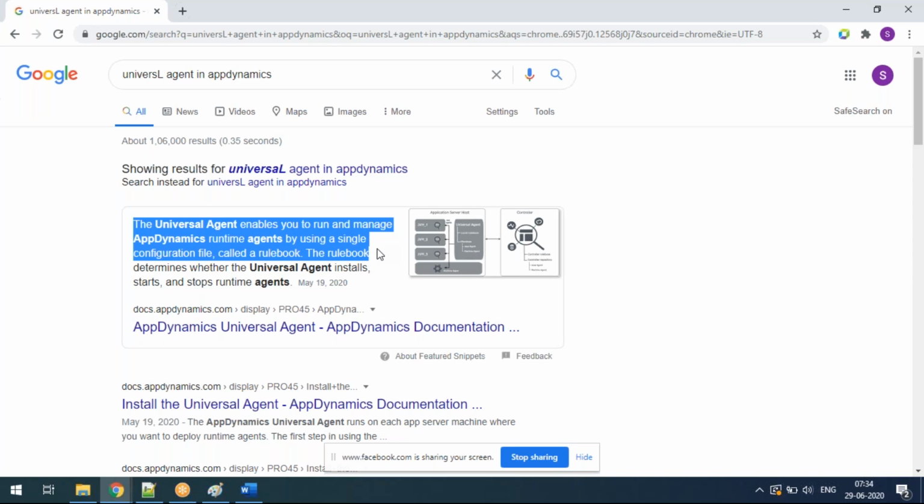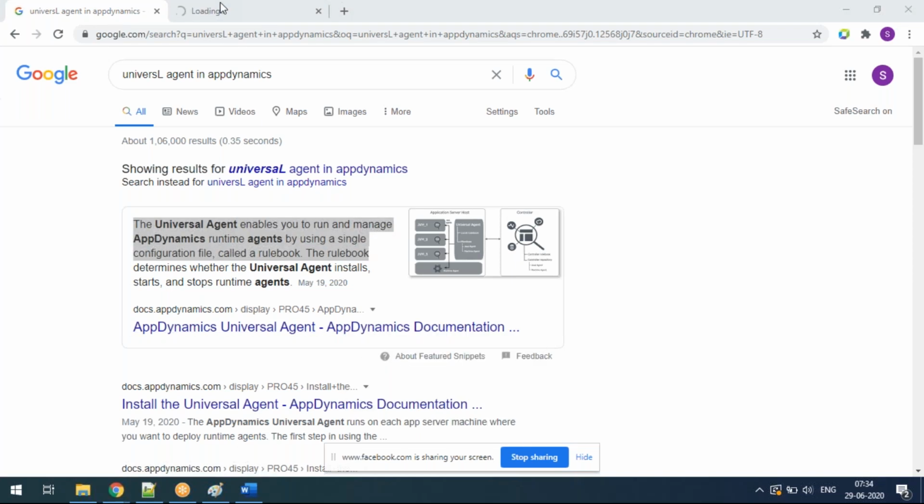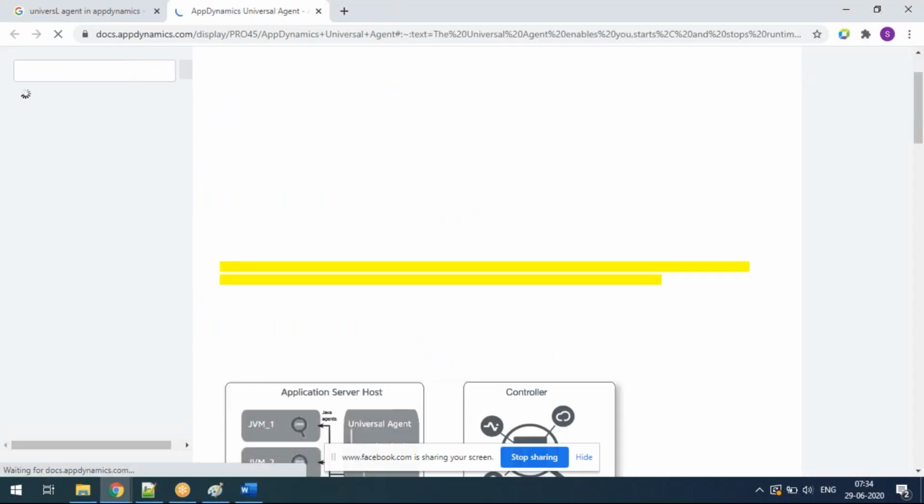But I would say AppDynamics is still not promoting it, or not doing a lot of activity. It needs a lot of activity, right? It is not that easy straight away. In one day you cannot become familiar. So I would say they did not make the investment or the promotions for this universal agent concept.